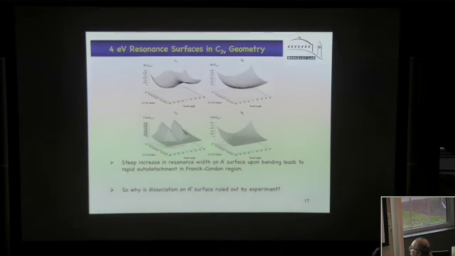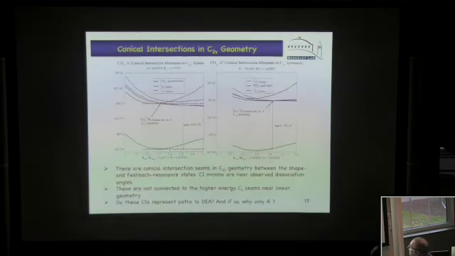And you can see that when the molecule bends, the width grows really, really rapidly, and so the electron comes off very, very fast. It just auto-attaches. Whereas in B1, the width is very small and doesn't depend very strongly on geometry. So you would say, well, okay, maybe something's wrong. Maybe this would predict that the thing would dissociate on the A double prime surface because that's where the survivor probability would be greatest.